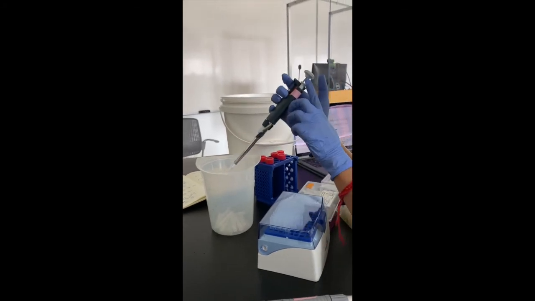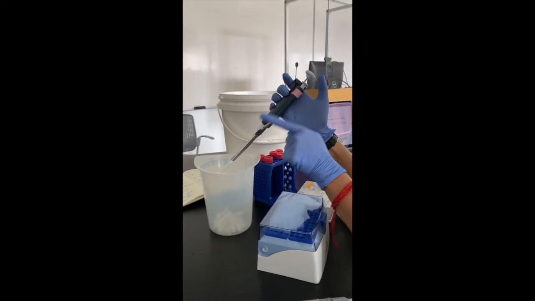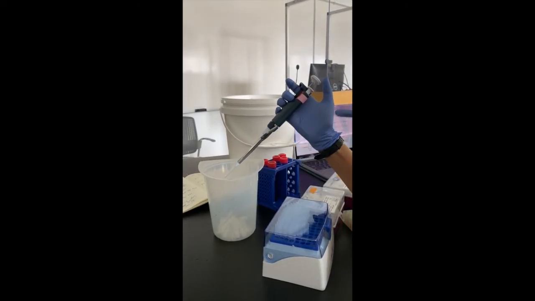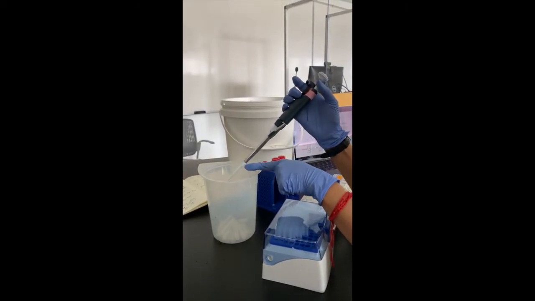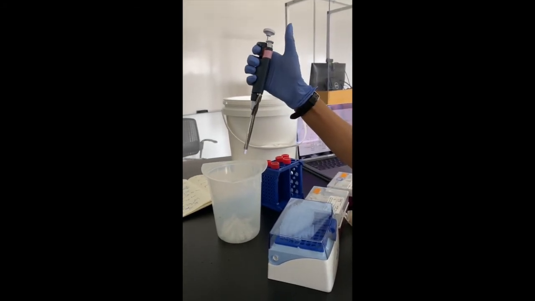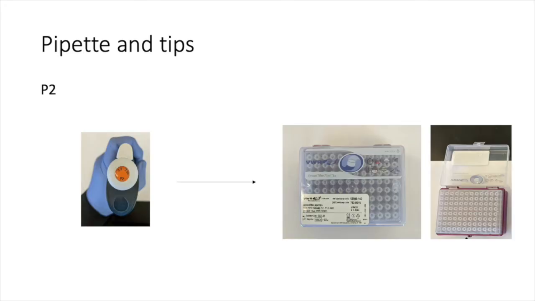This can be done using the ejector button. So this is the ejector button, and this is the shaft attached to this button. So when I press this button, the shaft is going to be pushed down, which will eject the tip off into the dispenser. So to recall, P2 is the smallest pipette that has a range of 0.2 to 2 microliters, and the